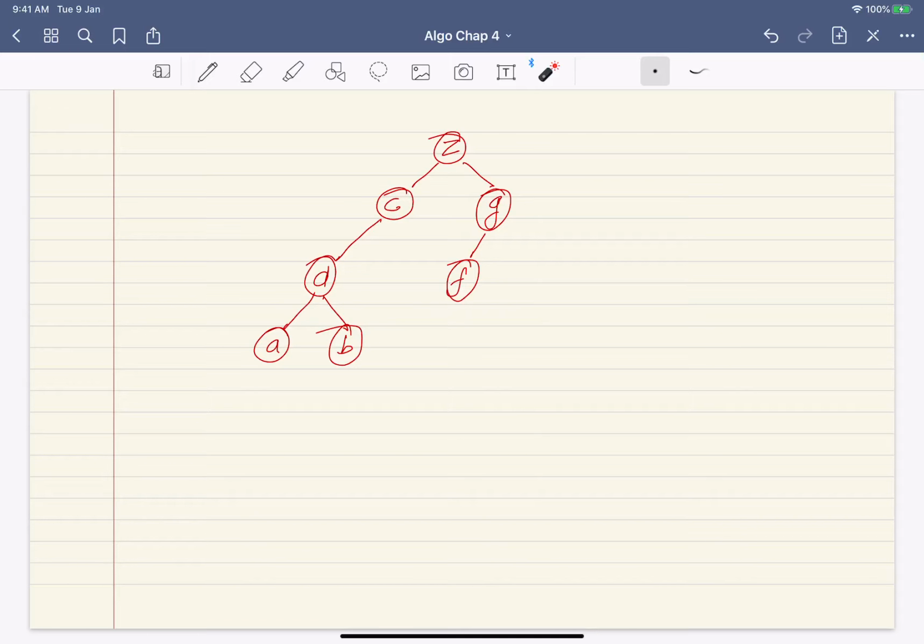Now it's a binary tree, so that means we need to have a special symbol root. So you have a root for this tree.